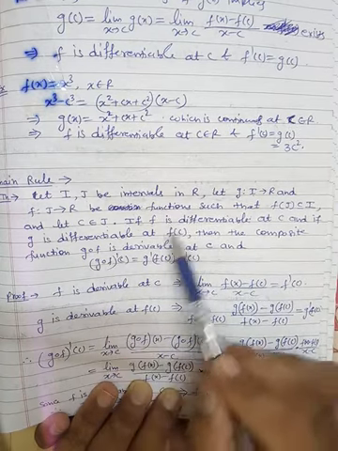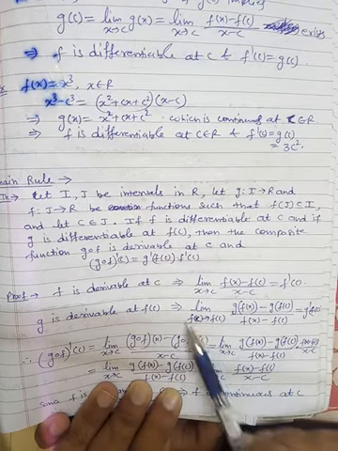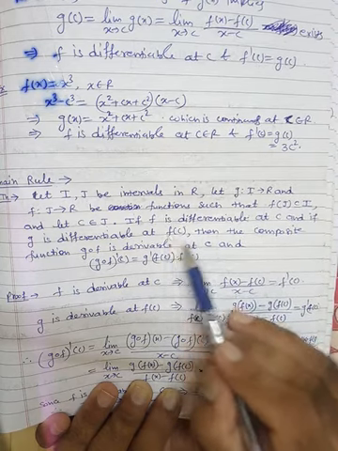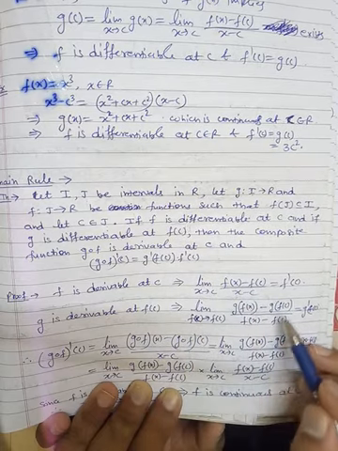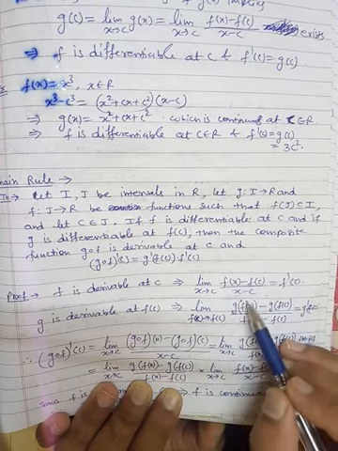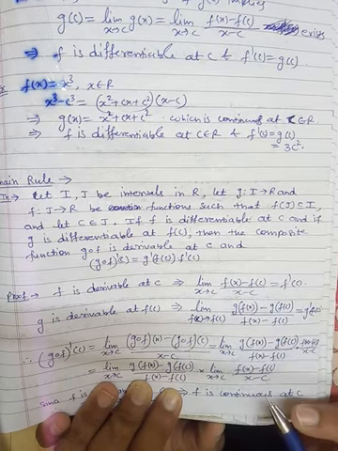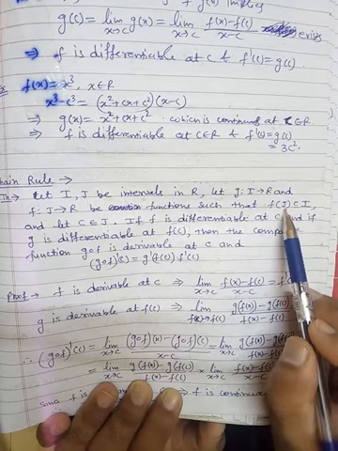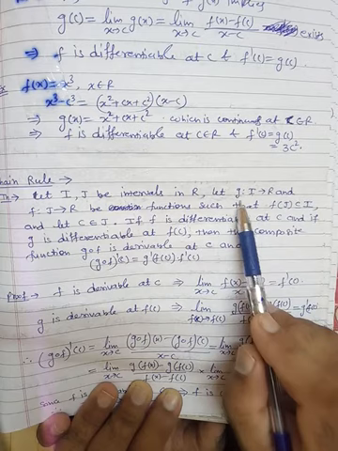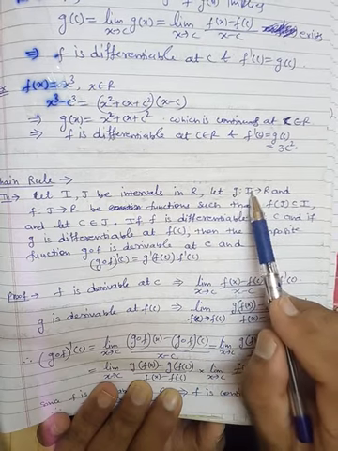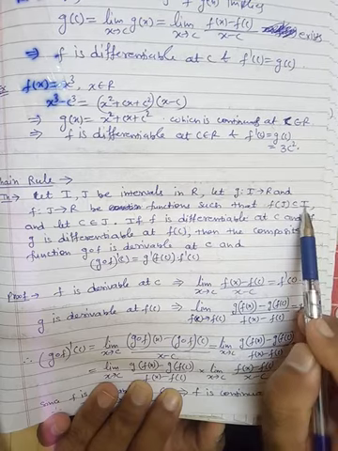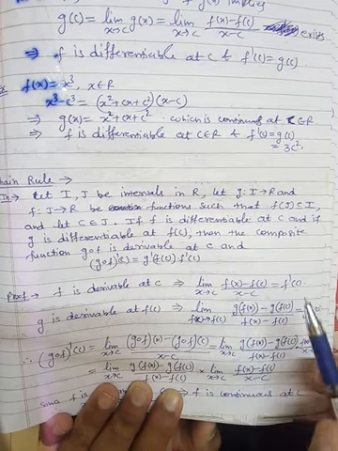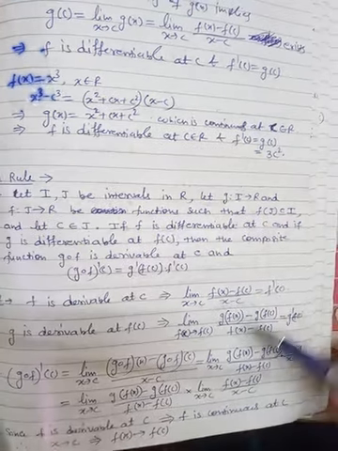Similarly, G is derivable at F of C. Here the point itself is F of C, that is why we have F of x and F of C. Fine. The point is not x; the point itself is of the type F of x. You can also see the domain: F of J is a subset of I, and the domain of G is I. So the points are of the type F of x1, F of x2, which we take as the domain of G. The domain of G is itself of this type.